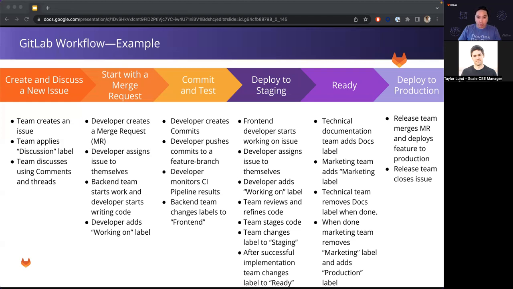And after the code review is complete, the code is deployed to the staging environment, and the team removes the labels and adds the staging label. So after the successful implementation of the application in the staging environment, the team removes the staging label and adds the label ready. So once it's in the ready stage, other teams prepare the technical documentation and the marketing campaign,